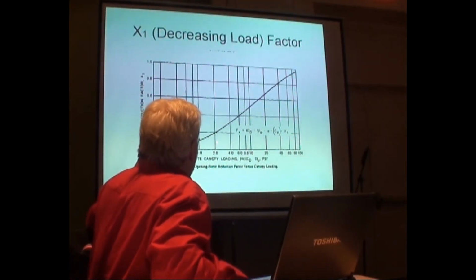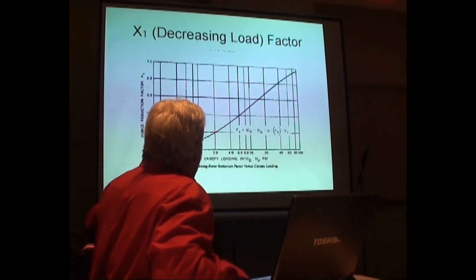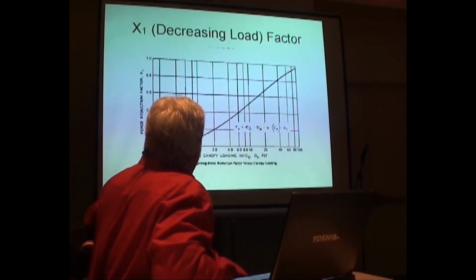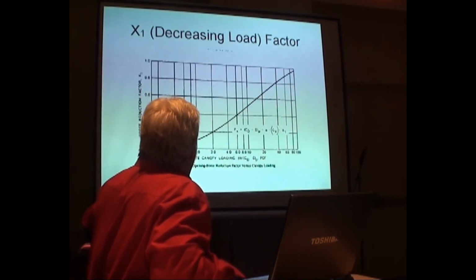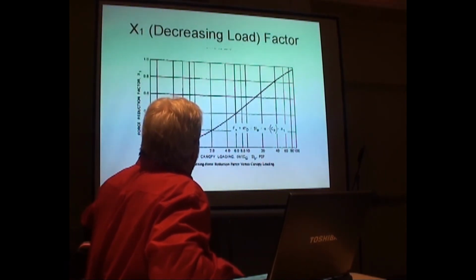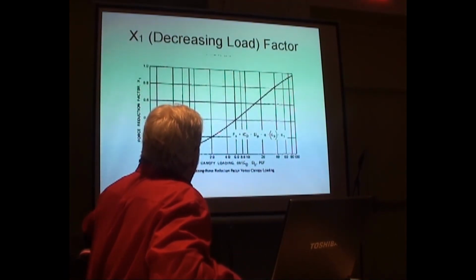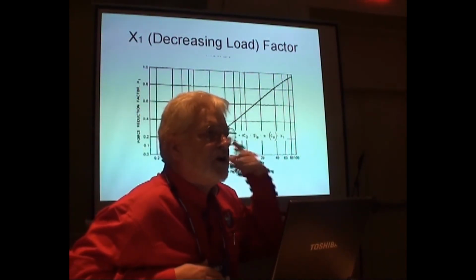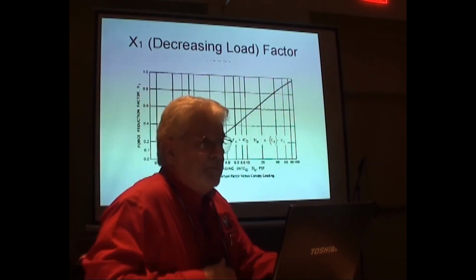Notice here, if I had a 2-to-1 pound per square foot loading, I would come up here to this point and pick this number, which would be 0.2. Well, that's interesting. That's 1/10. I just moved the decimal point, so I can do that. Go back here to 1-to-1, come up, and we're at 0.1. So let's go way down here at 0.4. Well, look, we're at 0.4. So effectively, in this range, all the way up to about 2.5, 3-to-1, and we don't ever load much more than that, we're at 1/10 of the pound per square foot loading. We don't even need that chart. We can do that in our head. The stuff you get up here in this end of the chart is for bigger parachutes and other